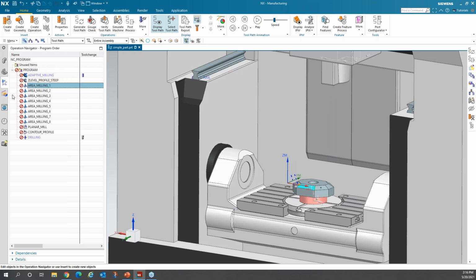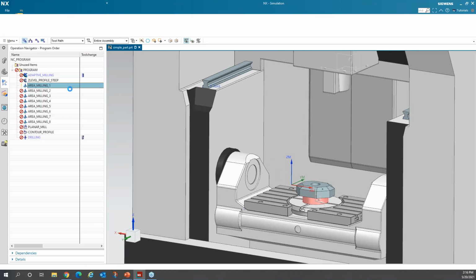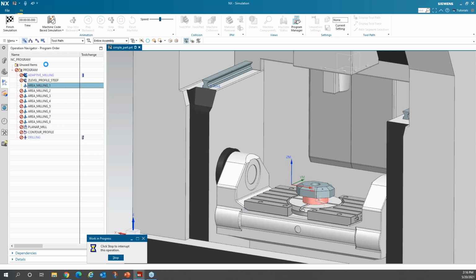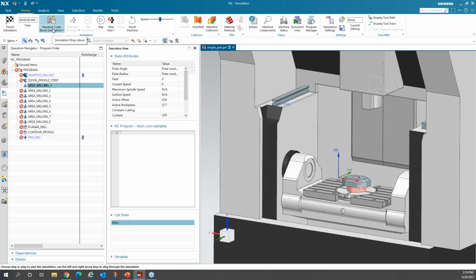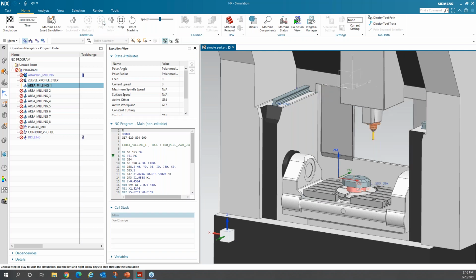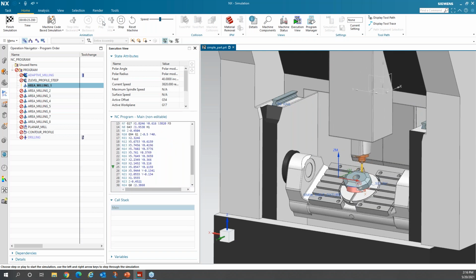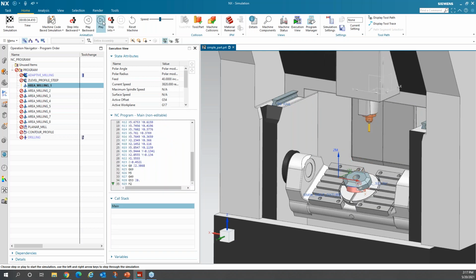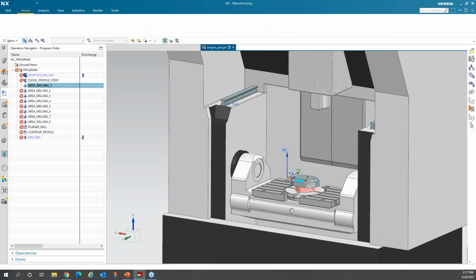And if I take that area milling and simulate machine, and I want to use machine code simulation, so there's my G code. See, this is actually pointing the way I think most people would want it. But just say you want it to go the other way, the other alternate, then you'd use our new